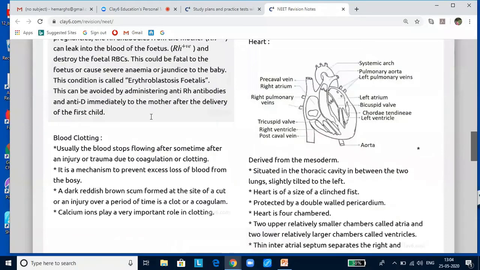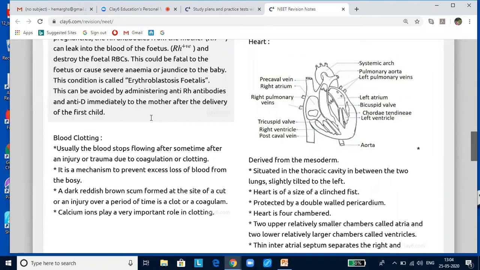Next, it is the blood clotting, or the coagulation of the blood. In an injured or cut site, a clot is formed mainly of a network of threads called fibrin, in which dead and damaged formed elements of blood are trapped. Fibrin is formed by the conversion of inactive fibrinogen in the plasma by the enzyme thrombin. Thrombin is formed from prothrombin, and the enzyme thrombokinase is required for this reaction.